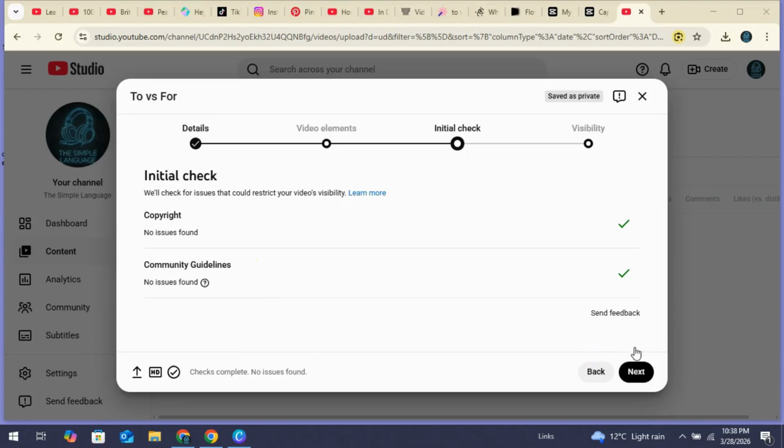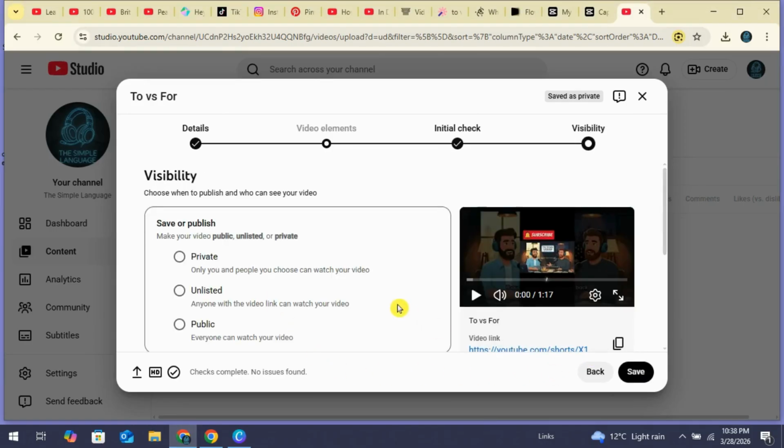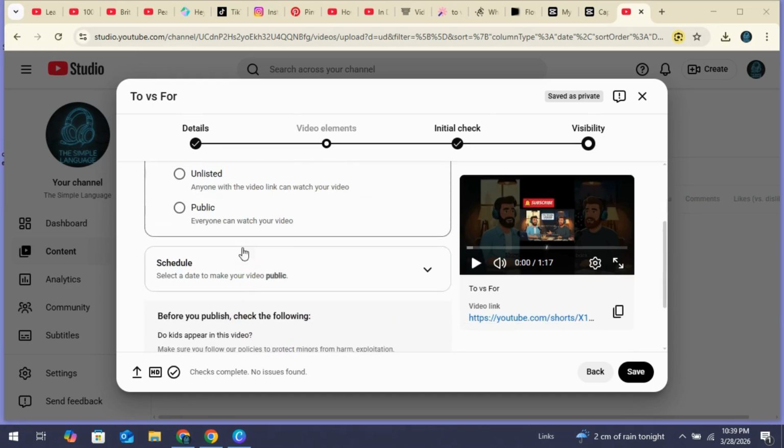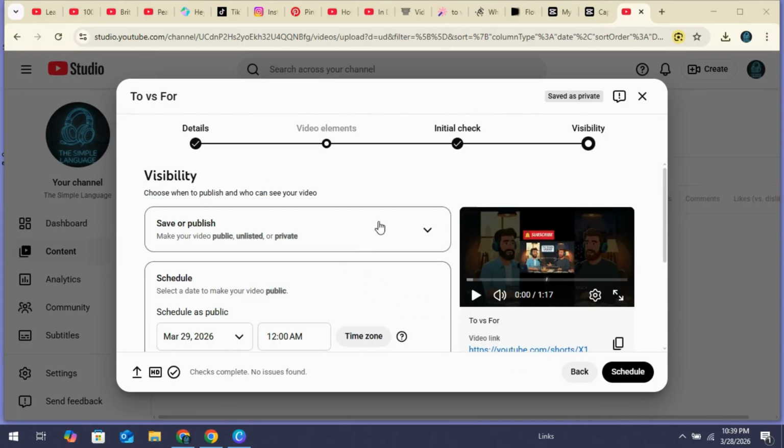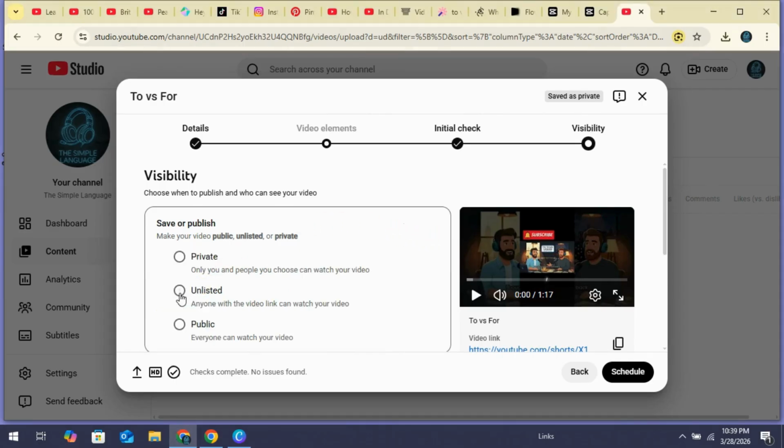Next, it'll run some checks, and if everything looks good, let's click on Next. On this last screen, you can configure the visibility of your video. Do you want it to be private, so only you and people you choose can watch it? Do you want it to be unlisted, public, or down below, you can also schedule your short to go out at a specific time. For this one, I'm going to set it to unlisted, and in the bottom right, let's